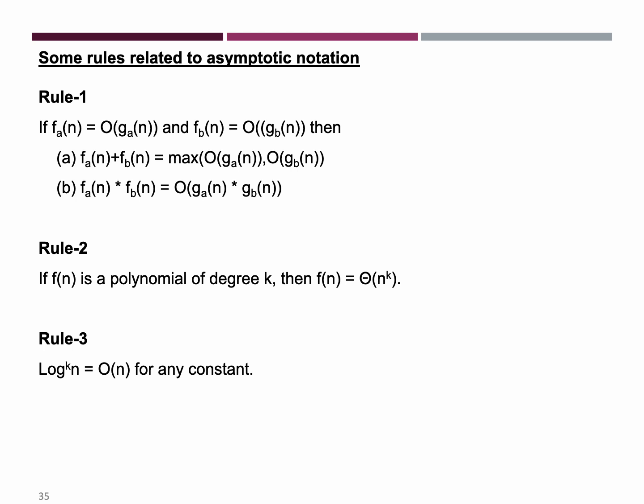Then the complexity of adding these two functions is given by the maximum of the two. This means that the combined complexity is dominated by the larger of the two functions. For example, if